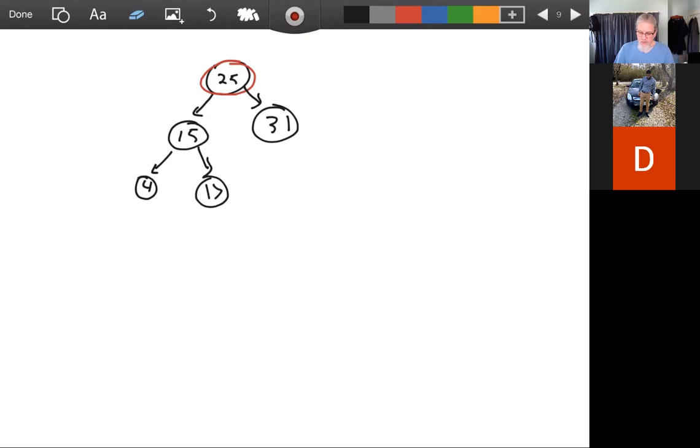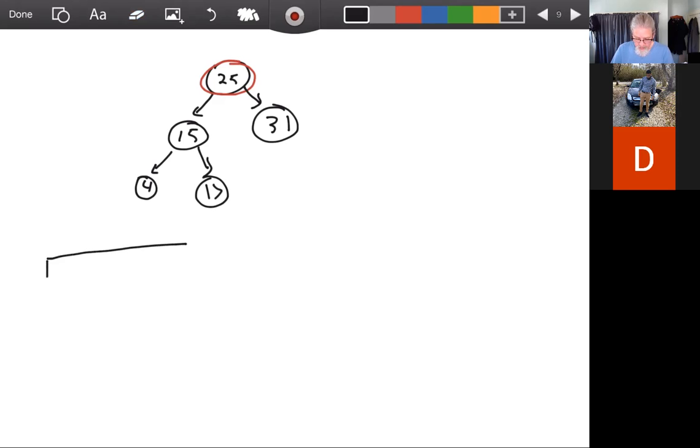What else? 15 is also a binary search tree. And 31 and 4 and 17 don't have any children. The leaf nodes are 4, 17, and 31. So once you have this binary tree, we can do our in order traversal or whatever. But again, note, as I was saying before, on an in order traversal, which is left, visit, right, we're going to,